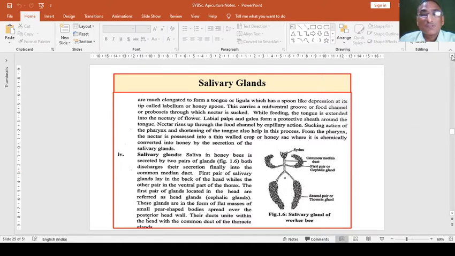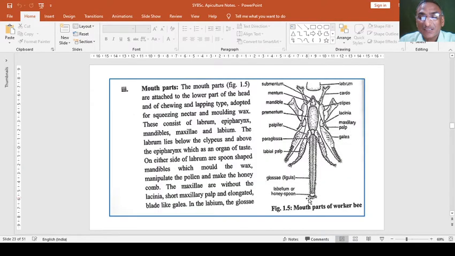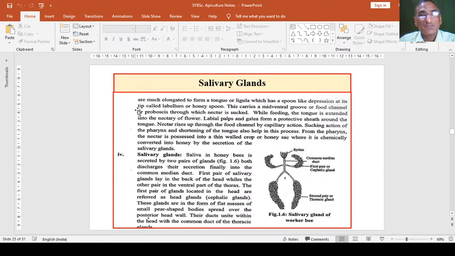In mouth parts. Last time, we have seen that the honey spoon or labellum is used to take up the honey or pollens or nectar, and it has small mouth parts which are aggregated at the anterior. These are the mandibles, maxillae, then maxillary palp, its parts, glossa, paraglossa, and this is one. And next to that, we will see these all mouth parts are aggregated to the anterior side and are elongated.